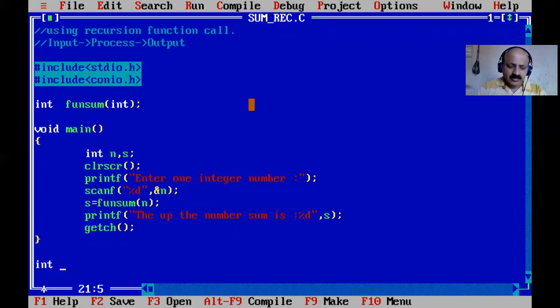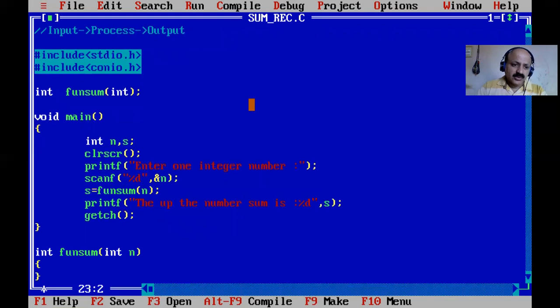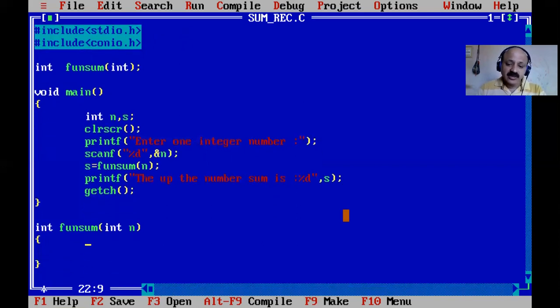Here is function sum, and I take the same n variable. After main is the definition of the UDF. So the declaration is before main, the calling is inside main, and after main is the definition of the UDF. In the recursion technique there must be one if condition, otherwise it becomes an infinite loop.